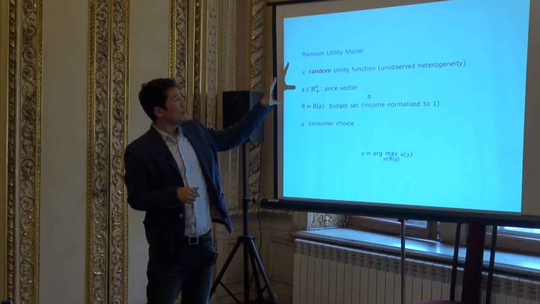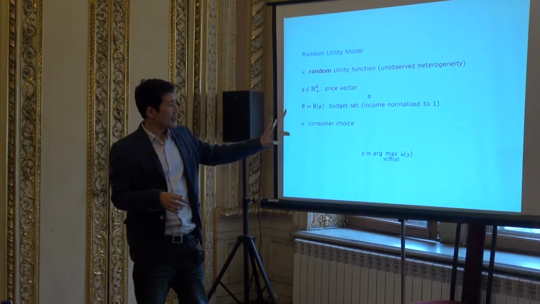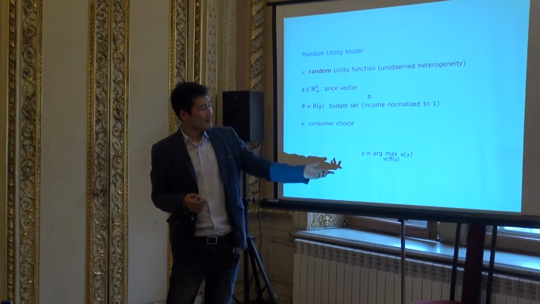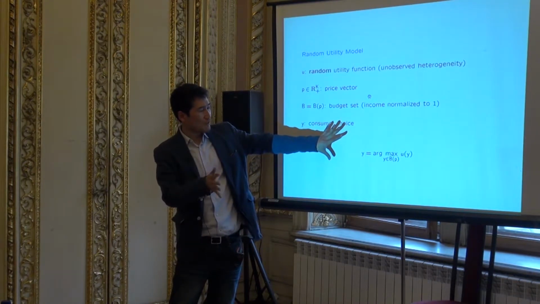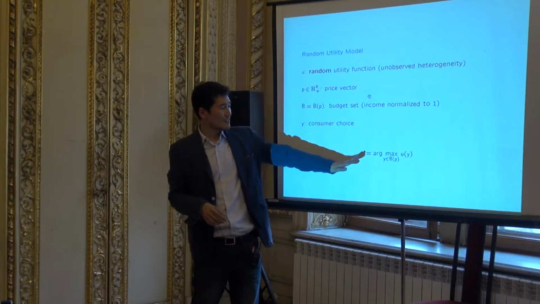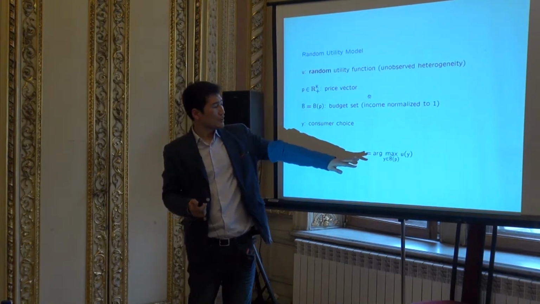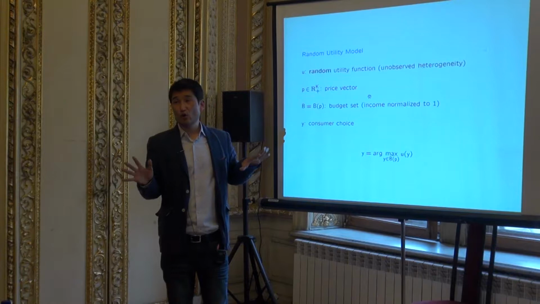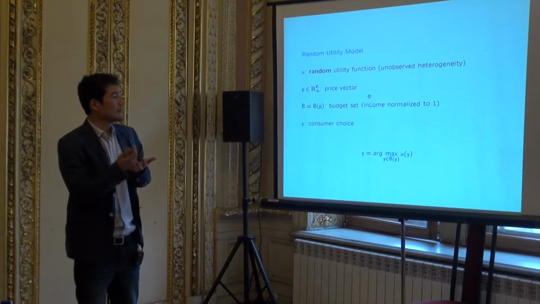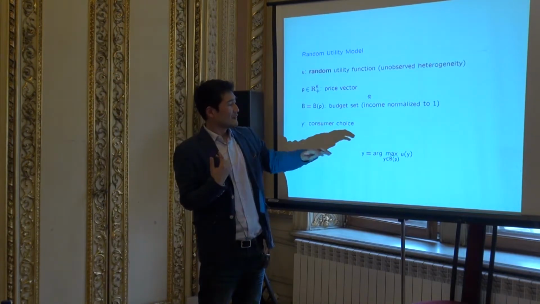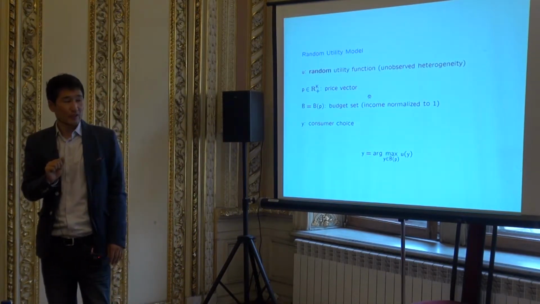So even though I said this is a stochastic revealed preference theory, as you can see, there's absolutely nothing stochastic about this utility maximization part. This is really economics 101. This is totally deterministic. Once I have your utility function, your taste, and your budget, then I know the answer. There's no randomness here. It's not like there's uncertainty in the model. However, the econometrician doesn't know what U is. So that's the unobserved heterogeneity. Okay, so that's the setup.